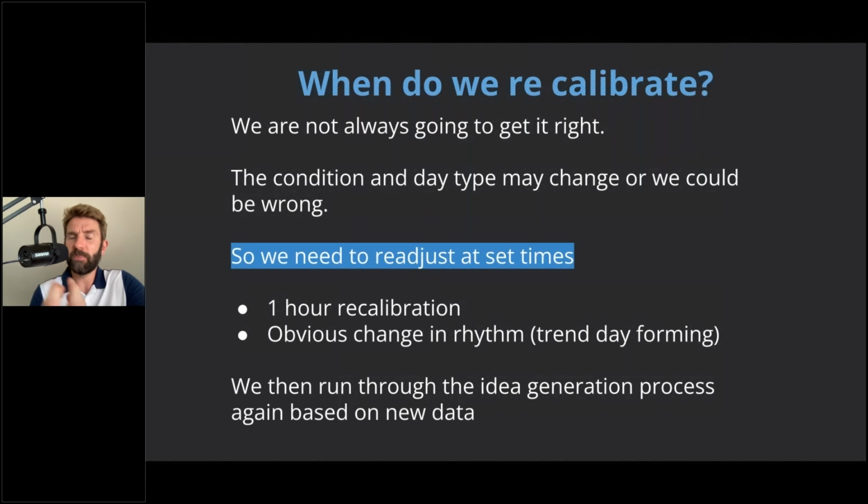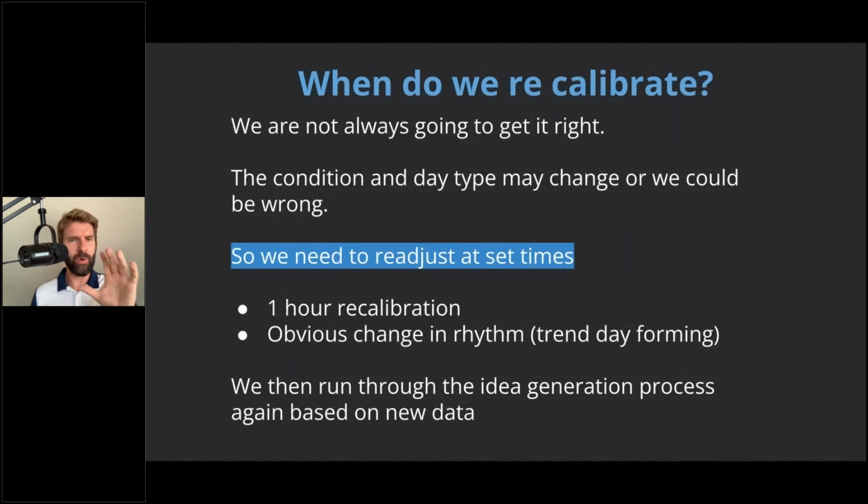Now, one argument, which is absolutely valid, is, what if you're completely wrong? What if your roadmap is completely wrong when you go into the day? Fair, and very often it is. To be frank with you, very often you get it completely wrong. And that's okay, because if you're wrong and the market is giving you some different conditions, because you only look at the prior day, you look at the daily chart, you look at all those things that you're calibrating to, you get much more information as soon as the market's open, right? And now and then a trend day comes out of nowhere, or a really volatile day that you weren't expecting. Sometimes you can preempt it and there are some clues, but sometimes it doesn't, right? That's the market. The market does what the hell it wants.